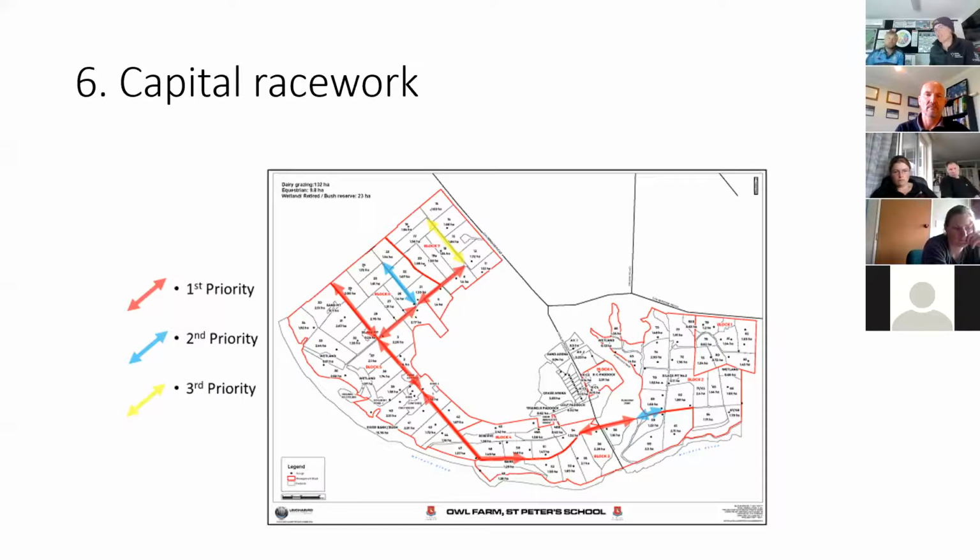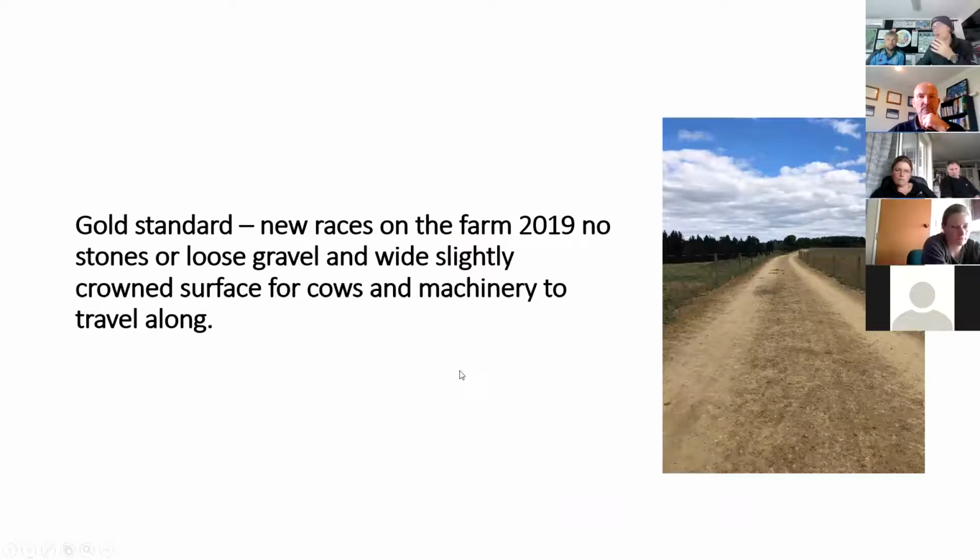And the current state of the race could be to do with the gradient, trees around them, drainage areas and all that sort of stuff. So what we did was we mapped out first, second and third priority areas on the farm, and in this picture you can see the extent of the farm and some of the races. Just to give you a snapshot, it was quite a big document that we presented to the Farm Management Committee, which is able to recommend and approve some of the expenditure in the area. We identified what good looks like, and we were able to show some areas where we had re-raced